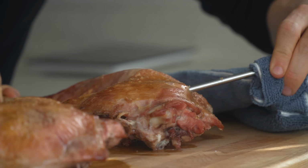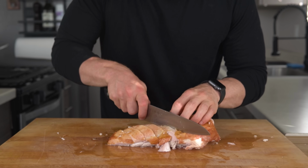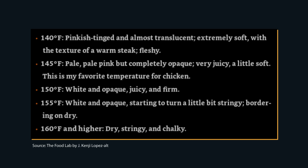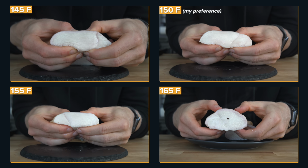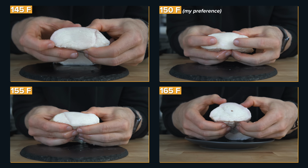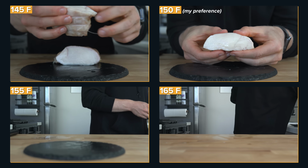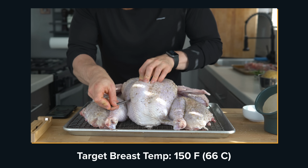Okay, so now's the question. What is the best temperature to cook your turkey? And to answer this, we need to break it down into white meat and dark meat. For the white meat, aka the turkey breast, here's a chart from The Food Lab by J. Kenji Lopez-Alt describing what happens at various temperatures. Here on the right, I've cooked some chicken breast to 145 degrees, 150, 155, 165, and they are definitely all plenty juicy for my taste, but I do find that things start to go downhill fast after reaching that 165 degrees. For my money, I like to target pull at 150 degrees Fahrenheit for my turkey breast, and during rest